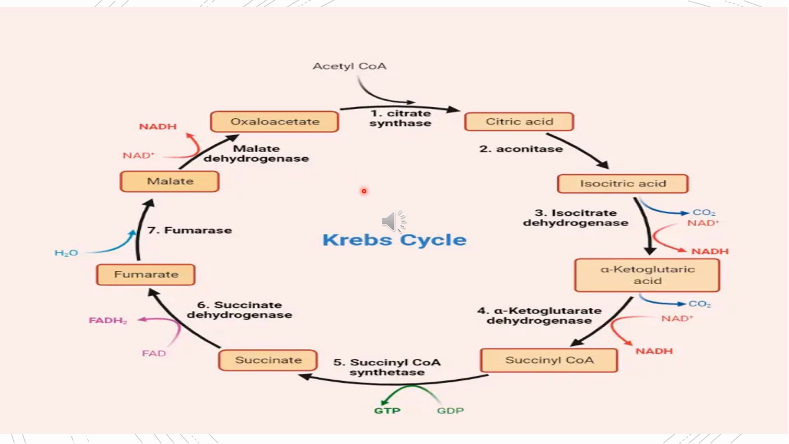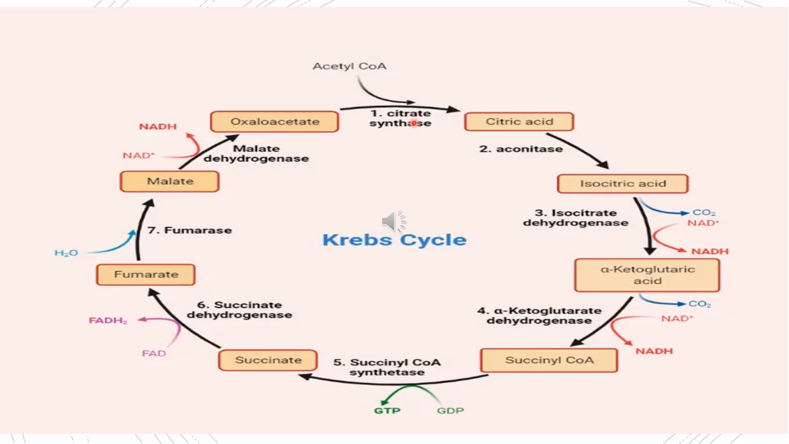In today's class, we are going to be talking about the Krebs cycle. What is the Krebs cycle? The Krebs cycle is also known as the citric acid cycle or tricarboxylic acid cycle. It is a central metabolic pathway that takes place in the mitochondria of cells. It plays a critical role in generating energy through the oxidation of acetyl-CoA, which comes from carbohydrates, fats, and